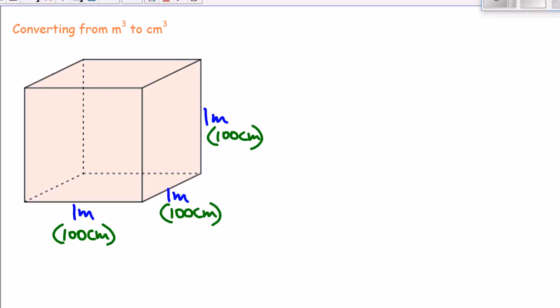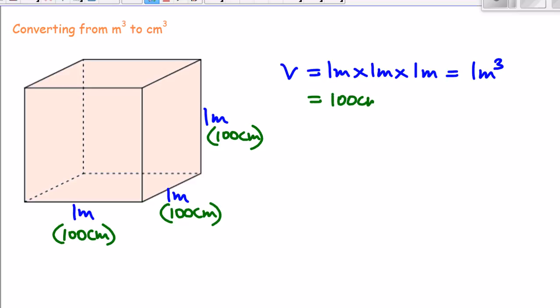Hence, the volume of this cube in terms of meters will be 1 meter by 1 meter by 1 meter, which will be equal to 1 meter cubed. But in terms of centimeters, we'll have 100 centimeters multiplied by 100 centimeters multiplied by 100 centimeters,